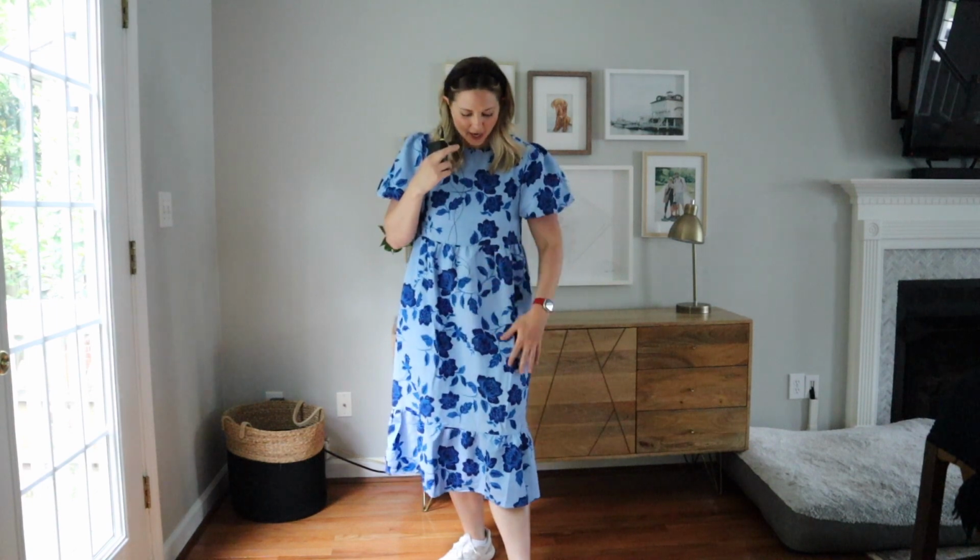So if I'm shooting a nicer wedding, this is a great option. Typically with the dresses that I wear, I tend to stick to things that will blend in well with the rest of the wedding, because inevitably I might be in the background of some of my second shooter shots, or my second shooter might be in the background of some of my shots. And I want us to be able to blend in with the rest of the crowd and not stick out